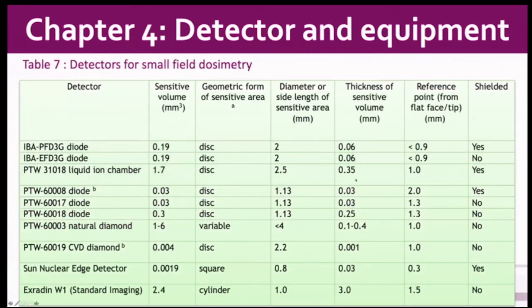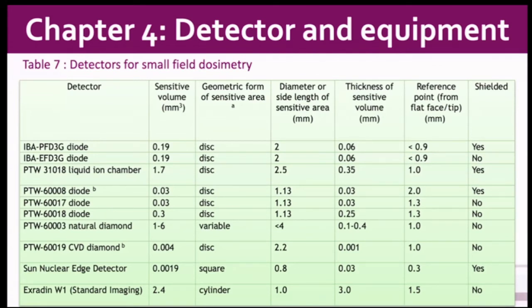For small fields, there's another table here, and you see a lot of diodes shown, and these are the characteristics. The ion chambers with volume from 0.3 to 0.6 cc are not suitable for relative dosimetry in small fields. Their volume is too large, as I mentioned, and they underestimate the dose on central axis in a small field. Ion chambers with volume between 0.01 and 0.3 cc, these are micro chambers and pinpoint chambers, are suitable for measurements of different parameters for small fields, for field sizes down to 2 cm by 2 cm. And then microionization chambers with volumes between 0.002 and 0.01 cc,